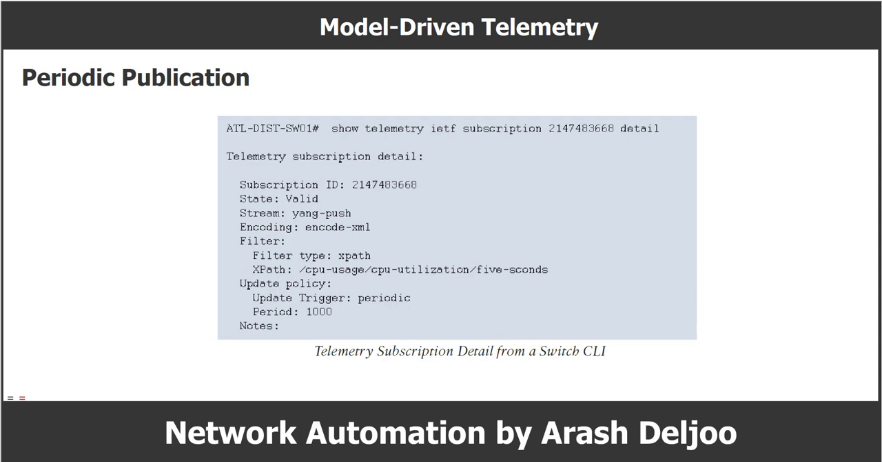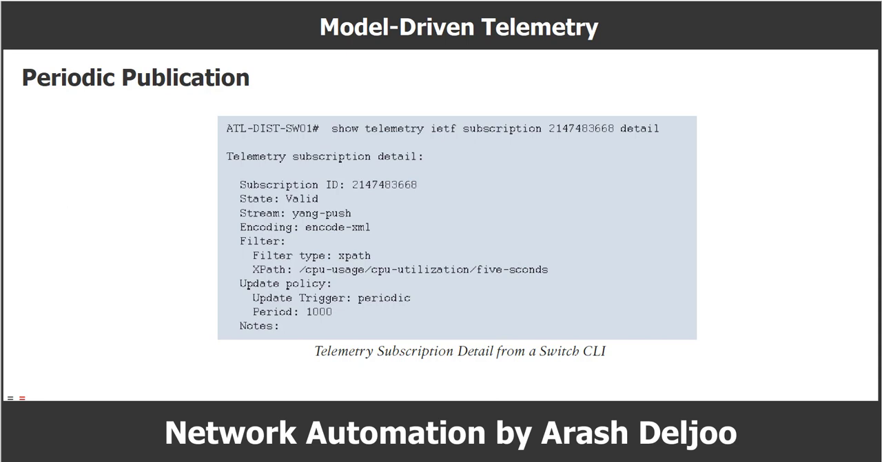About the periodic publication, the subscriptions that are periodic are streamed out to the receivers at specified intervals, such as every 5 seconds. With periodic publications, the network device continuously sends data for the lifetime of that configured subscription. A typical example where this type of periodic subscription is useful is for receiving data from PDU counters on a